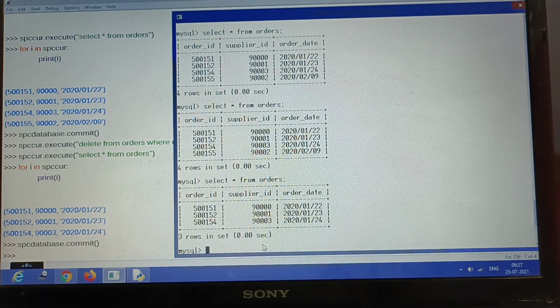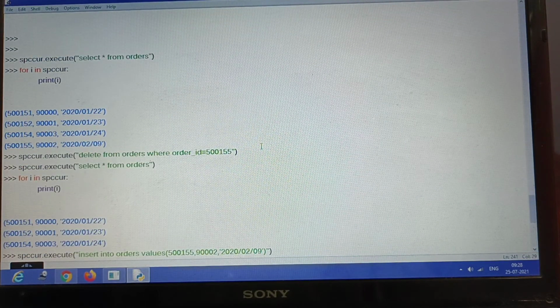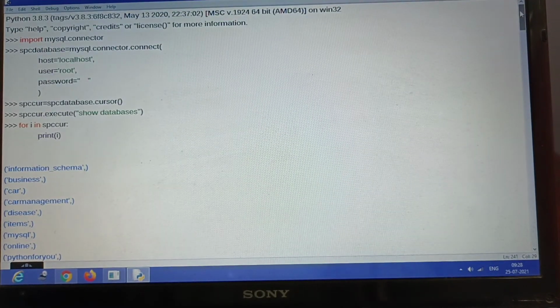So let us sum up quickly what we have done. Today we have implemented all the commands of MySQL in Python, isn't it? We have used the MySQL connector module, and we have created a connection.